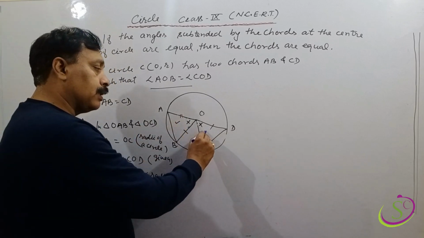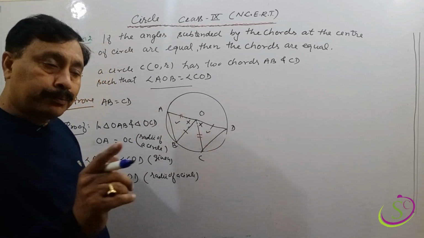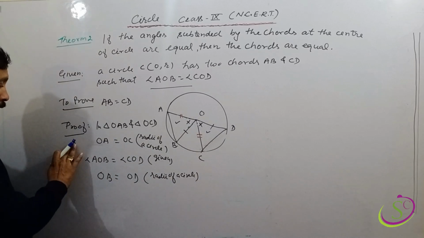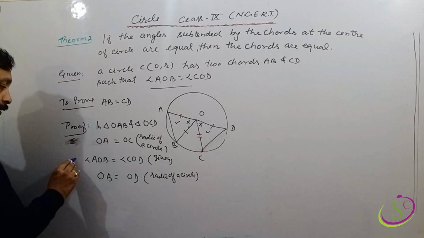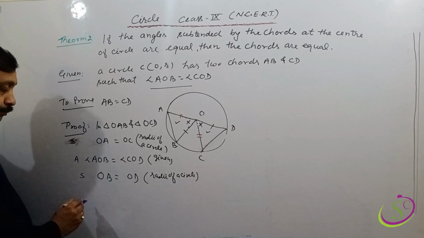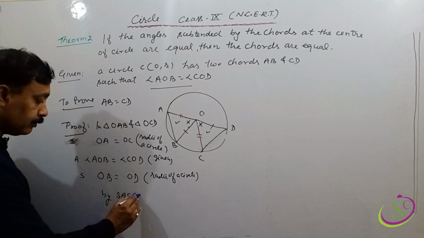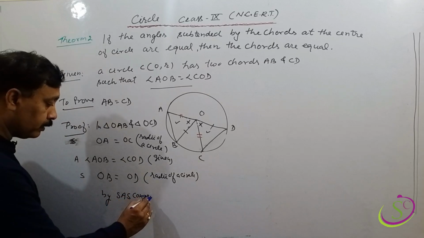Then the triangles are congruent by side angle side, so by SAS congruency,